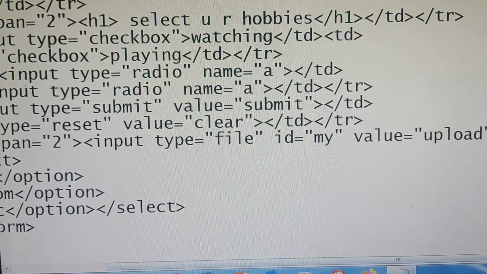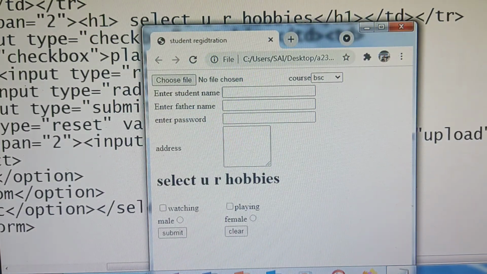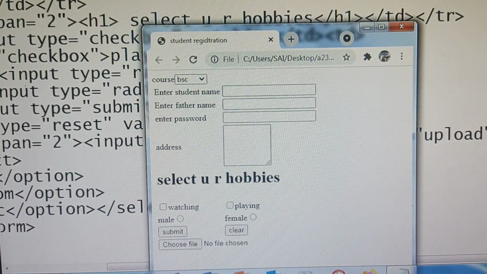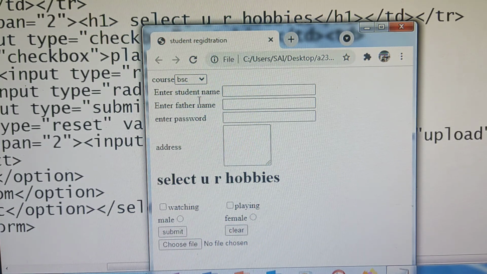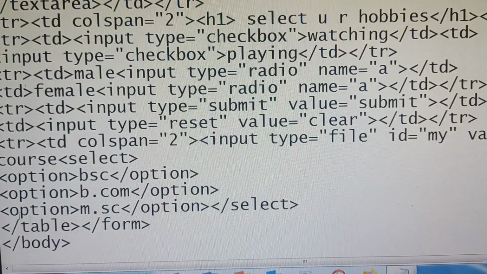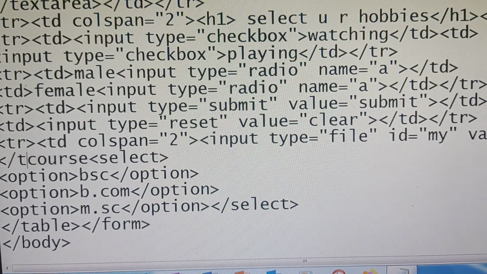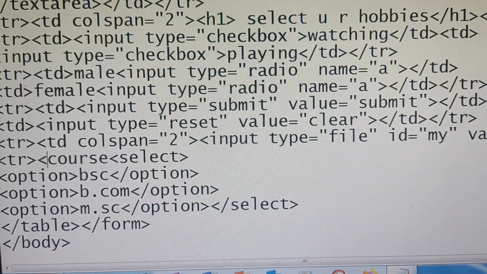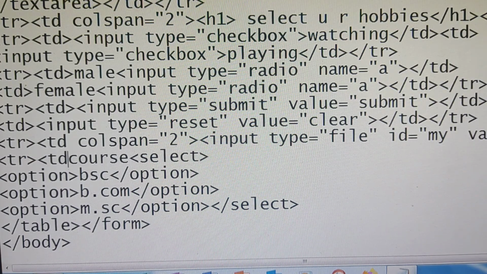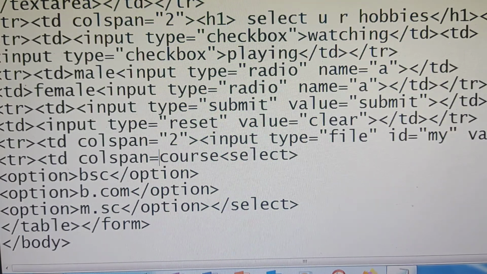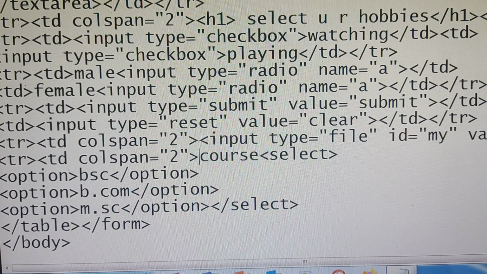Save it. Come to browser window. Refresh this. Okay. Now this course also you can give in a TR. Next you give TD colspan equals to 2, columns are combined, and I am giving a course.